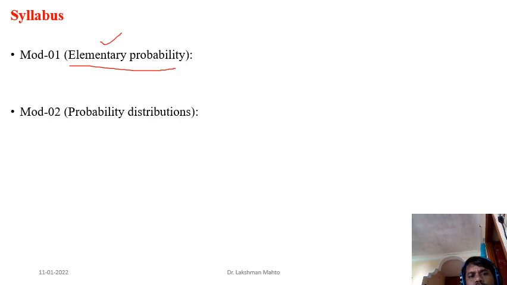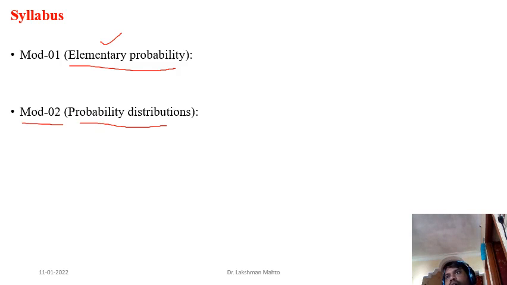Module 2 is all about probability distributions. It is a very important part of this course. Whether you are studying machine learning, control theory or system identification, you always try to learn a function, or you try to learn a decision boundary. All these things are distributional in nature. When someone says they are doing machine learning, learning a function, actually that person is trying to learn a distribution of the data.